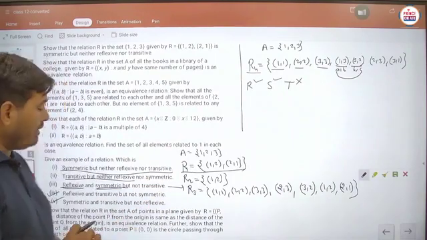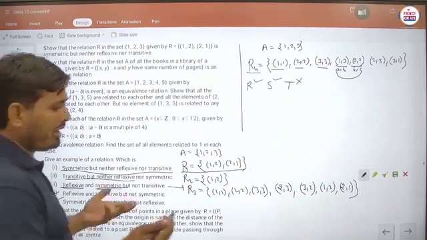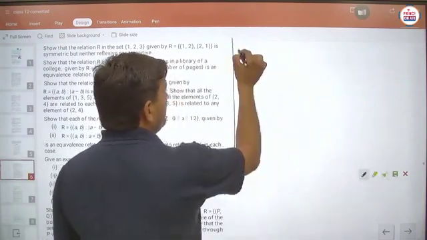Is it clear? So the next question, number 11, we have to take. The relation R on the set A of points in a plane, given by R = {(P, Q): distance of point P from the origin is the same as the distance of point Q from the origin}, is an equivalence relation. Again, a very simple question. Next, question number 11 we are to discuss here.